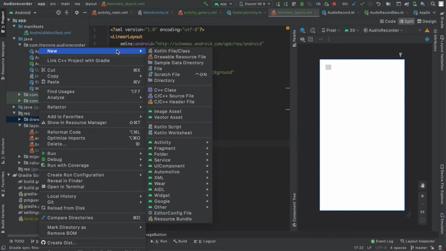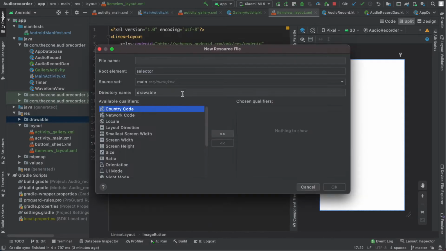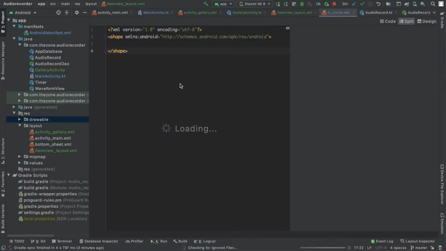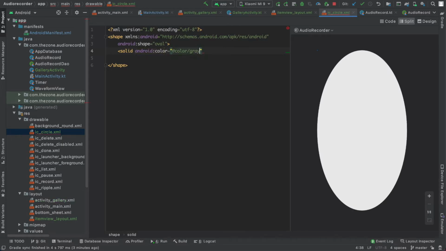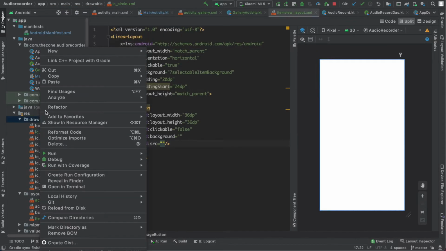First, create a circle background, drawable, select shape, and name it ic_circle. Here, specify an oval shape, then add a solid color and set it to gray. That's it. Close it and create the image resource,